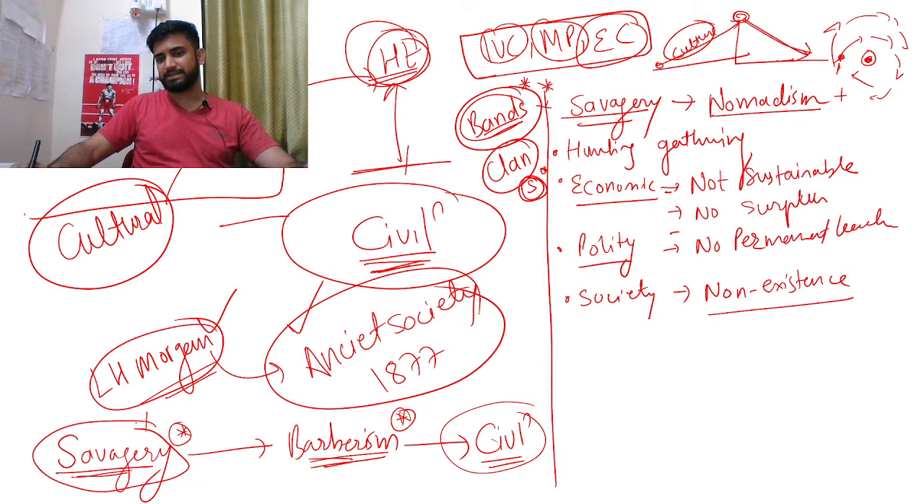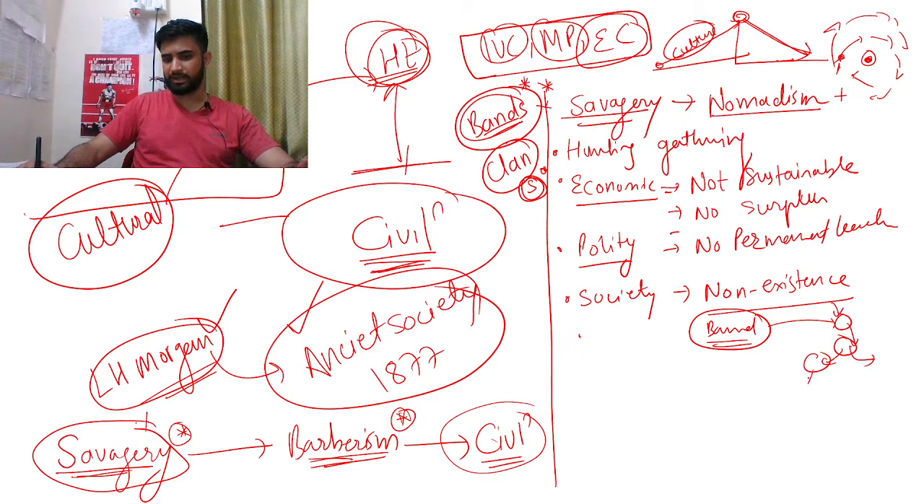because there is a limited group of people, in a band, particularly a band, who just move from place A to B. In a way, families join or leave at times, so there is no particular permanency in this group. So this is savagery. The next is